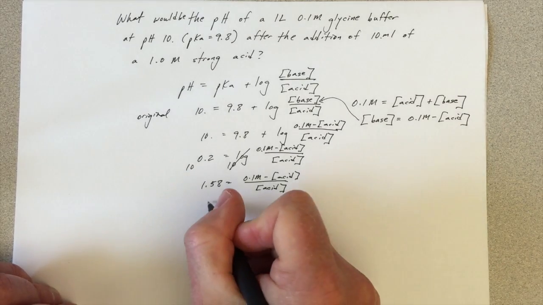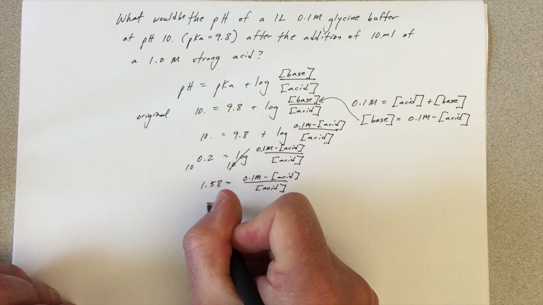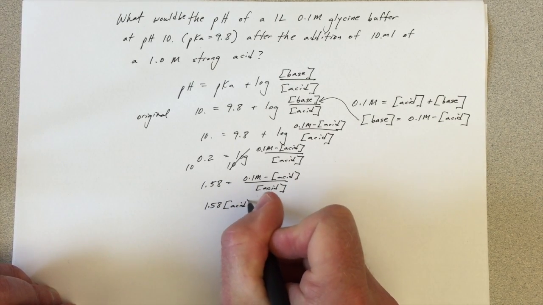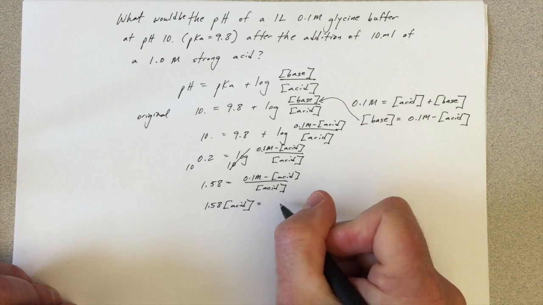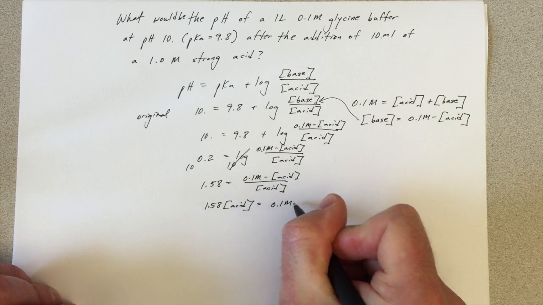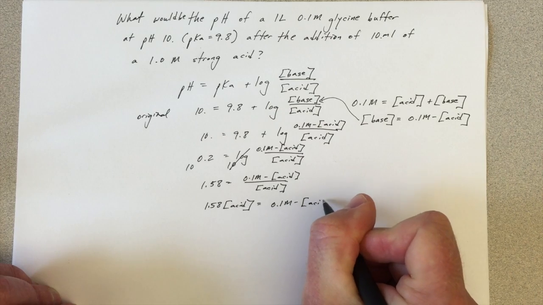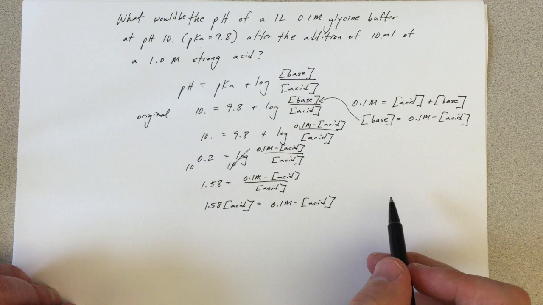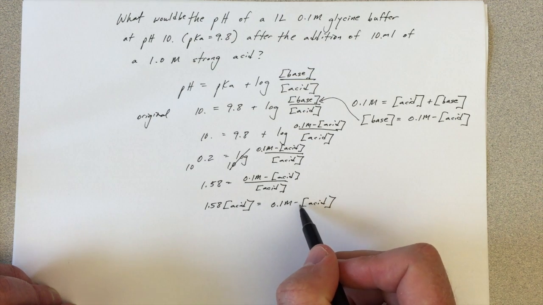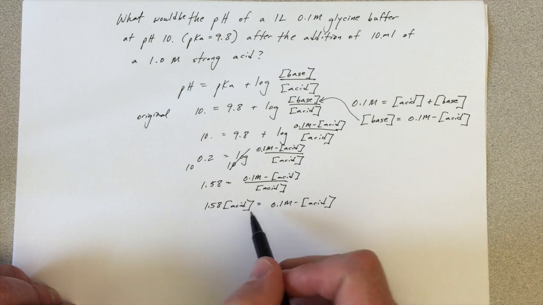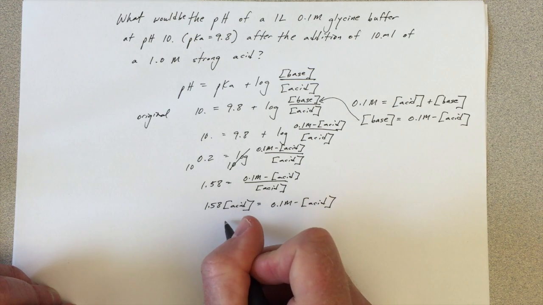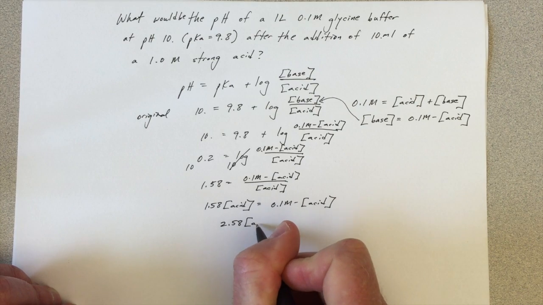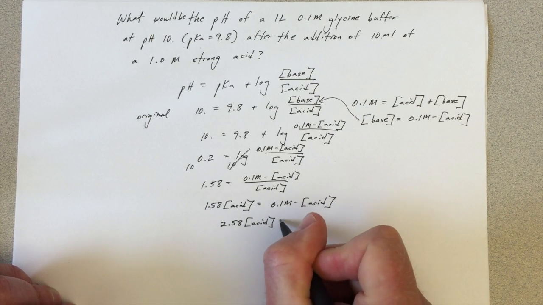I can cross multiply, right? 1.58 times concentration of acid equals 0.1 molar minus concentration of acid. I can move these acids to the same side. This is minus 1 times concentration of acid. So if I move it to the other side, I would end up with 2.58 times concentration of acid equals